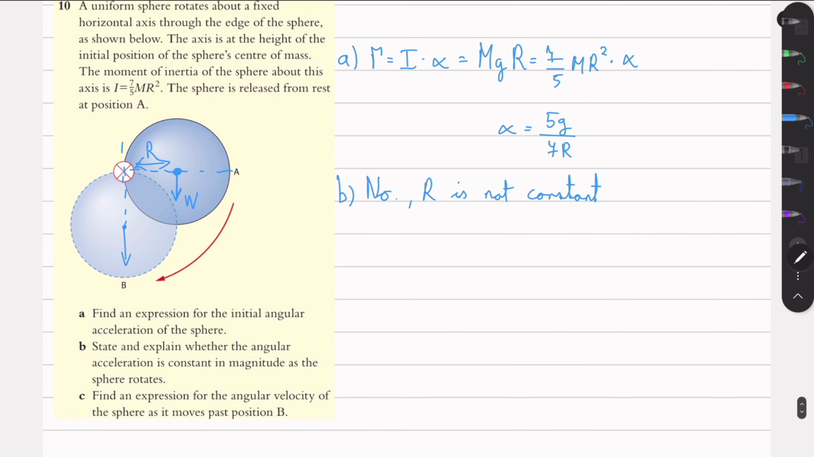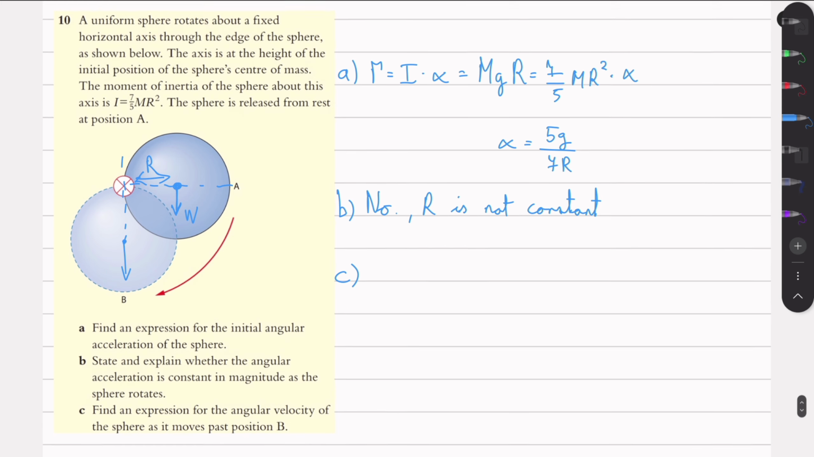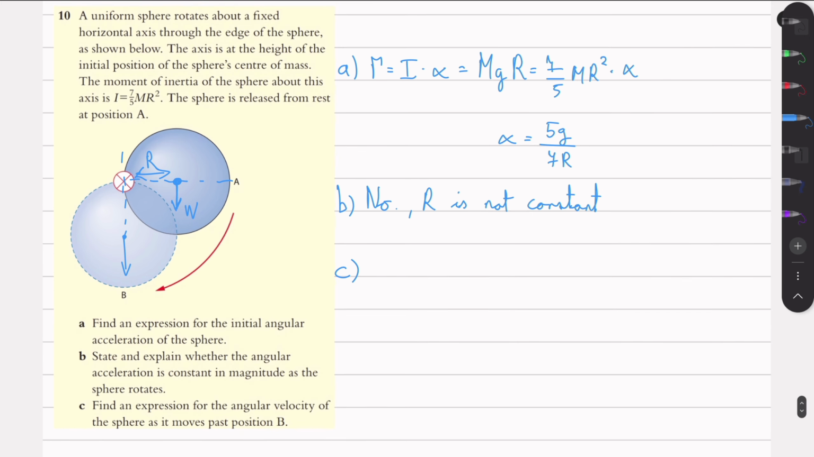as I explained. And then in part C, we need to find an expression for the angular velocity of the sphere as it moves past position B. So again, we cannot use any of these motion equations, so we need to use energy conservation. So at the start, we have potential energy, and the potential energy can be described with simply mgr. If we take this height to be 0,